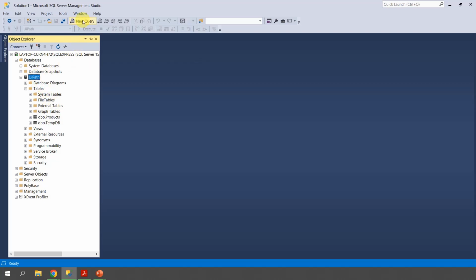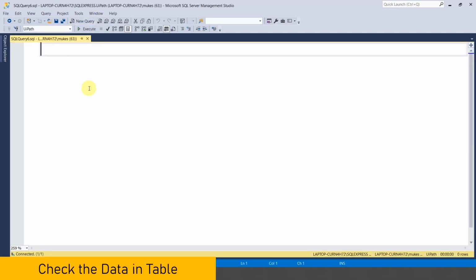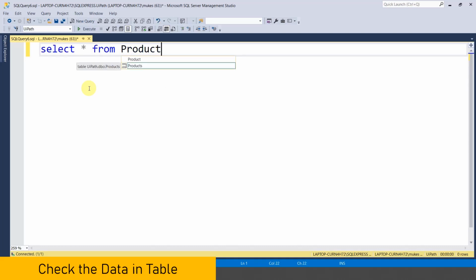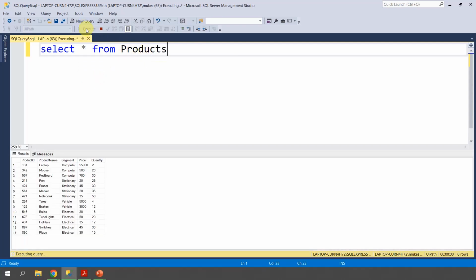So I'll go to the database, hit this button called new query. The shortcut is Control+N for this. And I am going to write a statement: select star from products. Okay. Simple statement. I am going to click on execute, and this shows what data we have in the